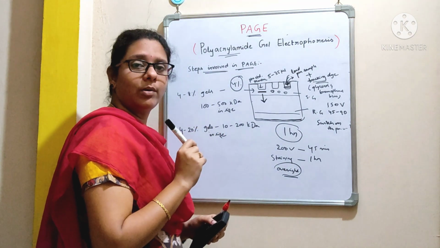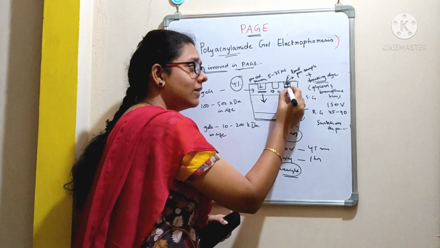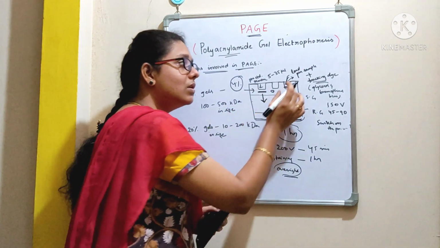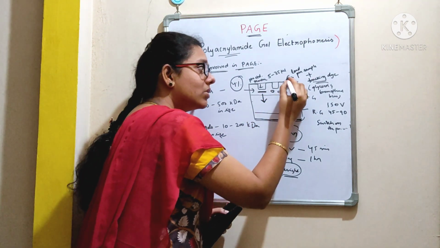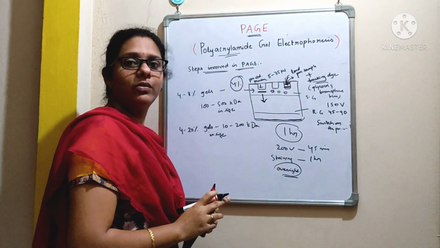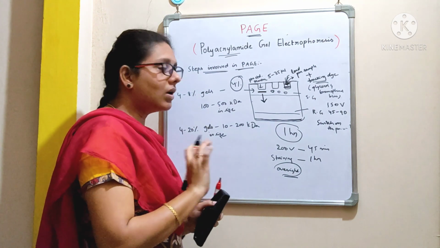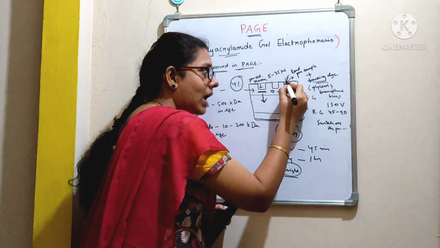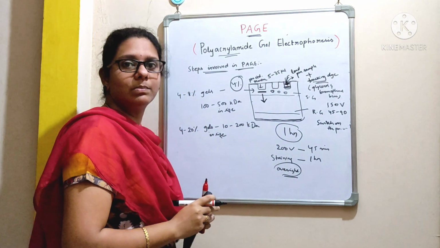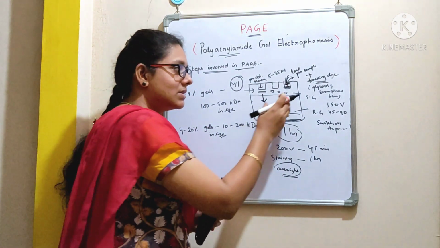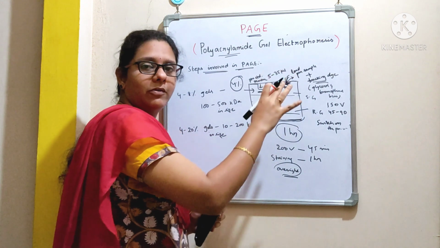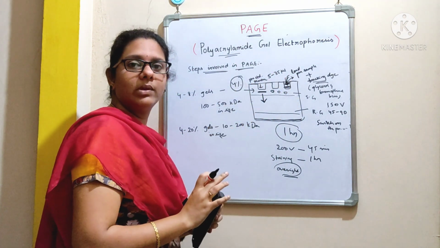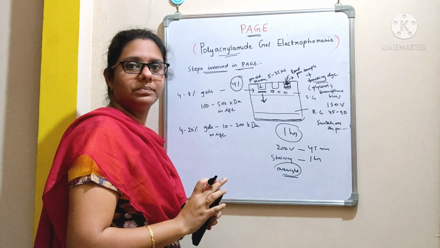Remember one more important point here. I told you to fill the well with 5 to 35 ml of a protein sample, and once you load the sample, make sure you fill the well with the electrophoresis buffer. Do not leave it like that. Above this protein sample, you have to add an electrophoresis buffer, right? This gel should be immersed in the buffer, and when you switch on the power, then only the migration of the proteins will take place.